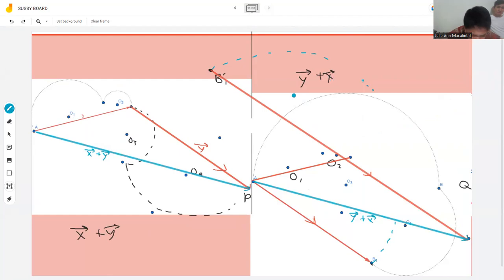So vector x plus vector y is equal to vector y plus vector x. So as simple as that, the rotations about O1 plus O2, which is a vector, plus the rotations about the other O3 and O4 is equivalent the other way around, simply because they're commutative. So the translation in the end is exactly the same. Since the translation is exactly the same, it will lead to the same point. Therefore,